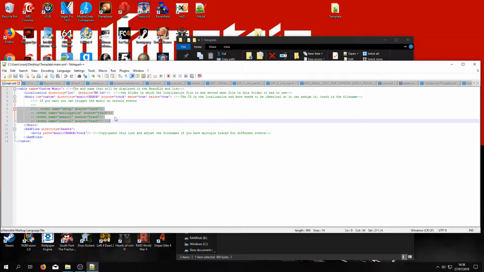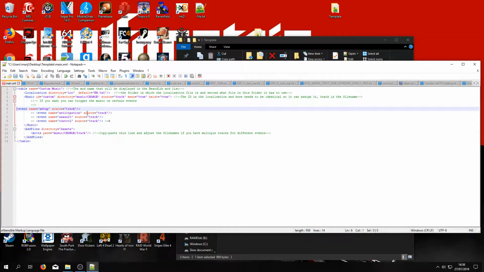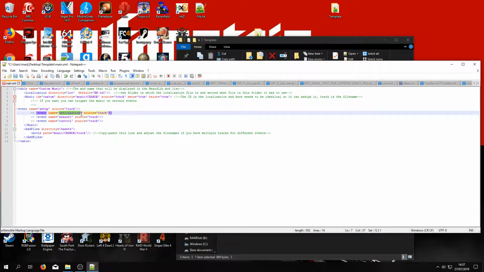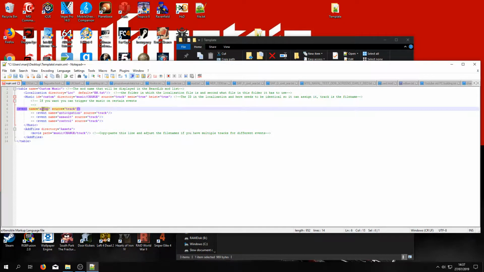And then we have event bound music. So when heist is set to true, and you remove the exclamation marks here, you can configure heist music. Now how that works is when a game reaches a certain event, it will start playing this music. Control means stealth, assault means that the cops are actively engaging you, anticipation is before cops start coming, and setup means that the cops are starting to build up their forces, and therefore I like to call this the build phase and this the stealth phase.